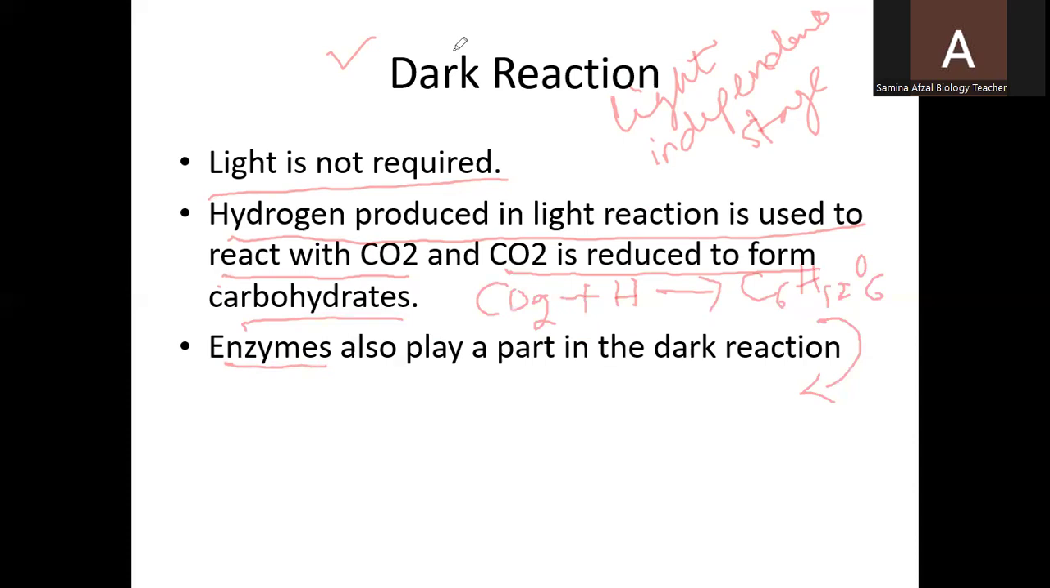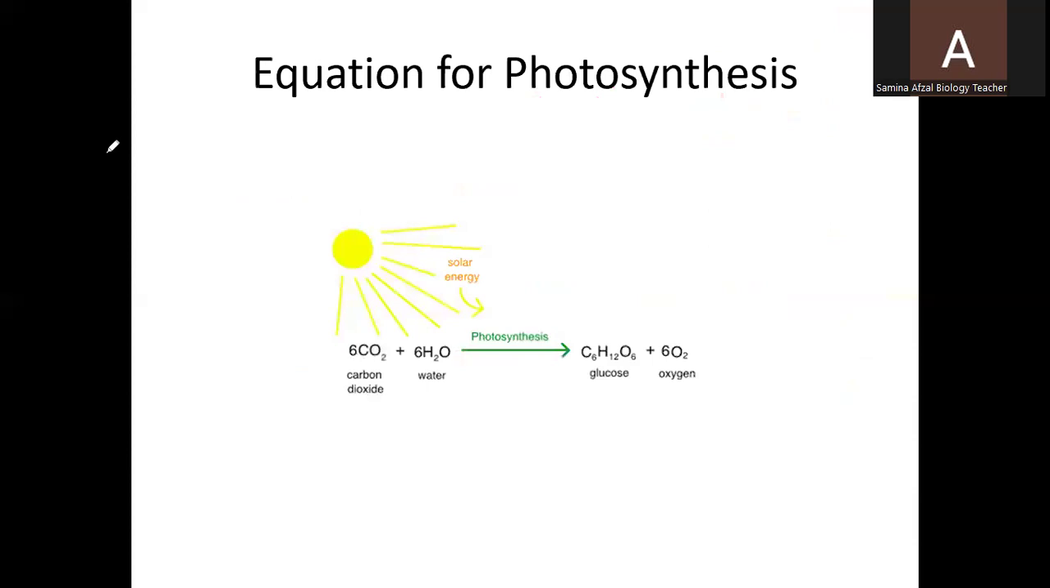So in this way, we are able to write the equation for photosynthesis. And here you can see 6 carbon dioxide will react with 6 water molecules, and there will be 1 molecule of glucose and 6 molecules of oxygen. It means